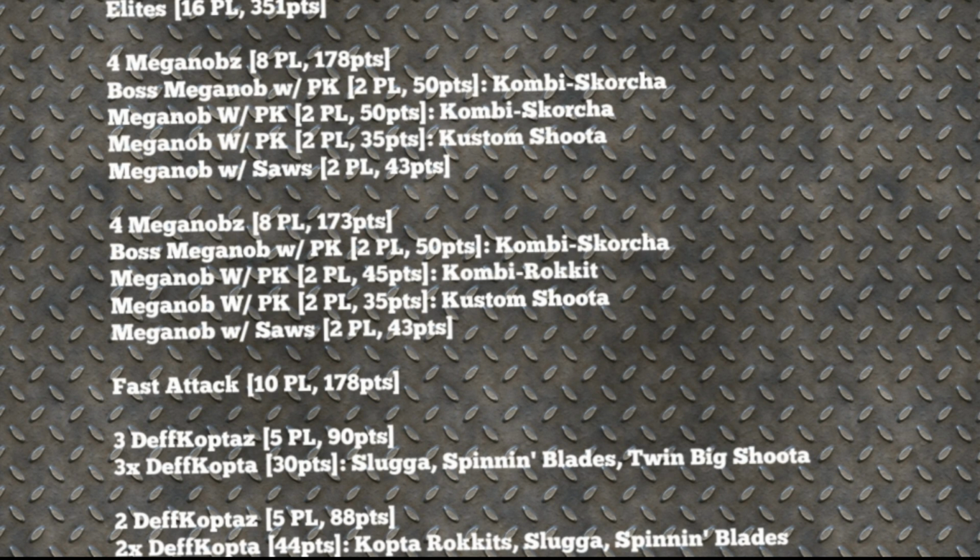And then we've got the elites. We've got 2 lots of 4 mega knobs, which they're being split in the battle wagons with those boys, and the mechs to protect them. And in the fast attack section, we've got 3 death copters with the twin big shooters and 2 with the rockets. And then for heavy support there,